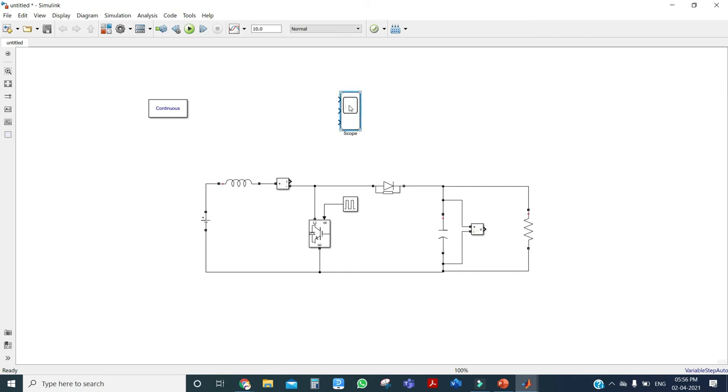Make it a little bit big and we can connect. First the pulse I am connecting here, then the inductor current, and this. Now I am entering the run time as 1. Now you can click on Run. You can see the results over here.